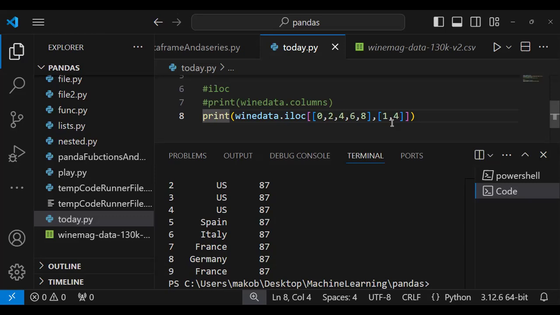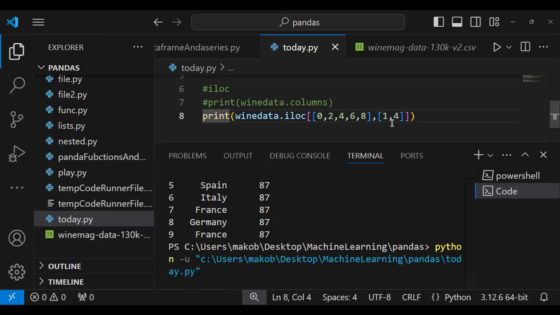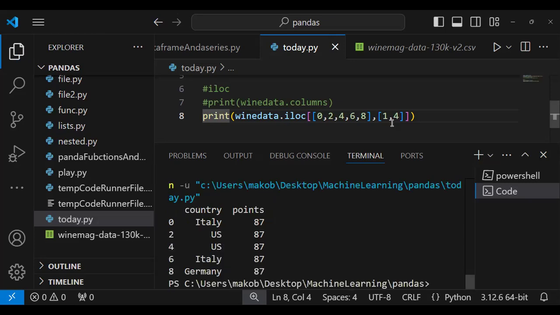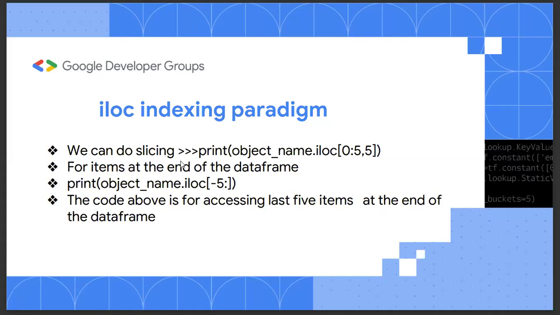And I save and run. You can see we are having 0, 2, 4, 6, 8. So you can play around with data and you'll access only what you want to access using the iloc indexing paradigm. Now, if there is also negative indexing,